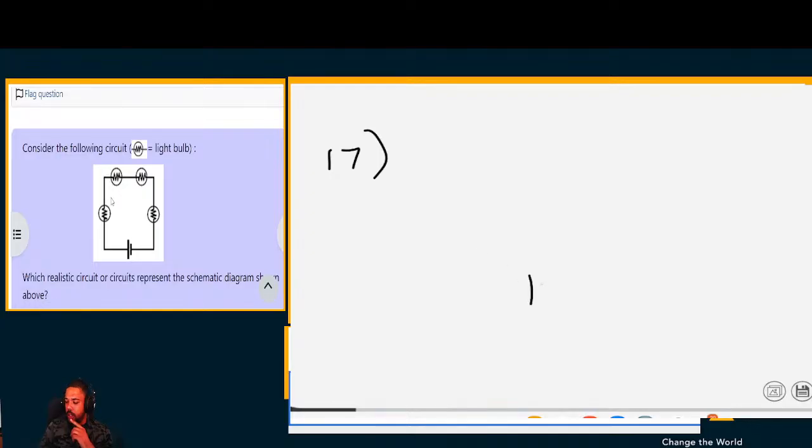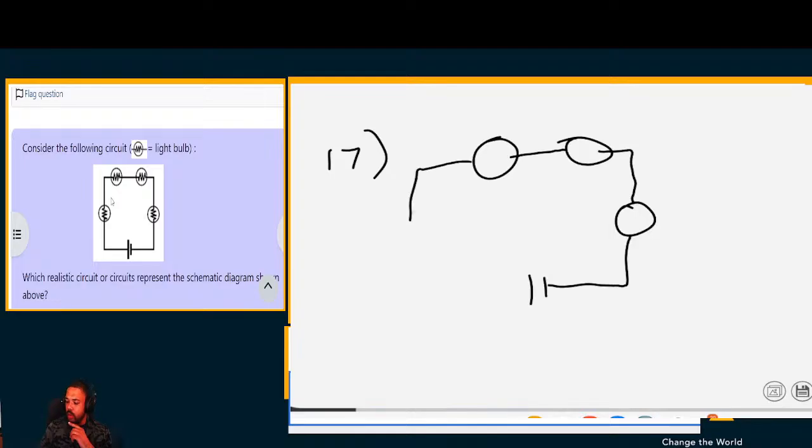We have a battery, and then we have a light bulb, and then another light bulb, and then another light bulb. Excuse my messy drawing, and another light bulb. But what I want to point out is that all of these light bulbs are connected in series. And the question then